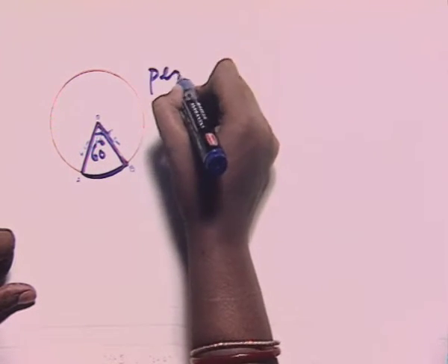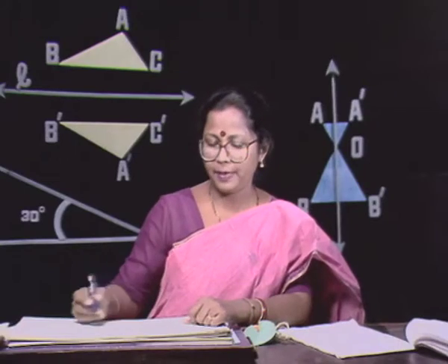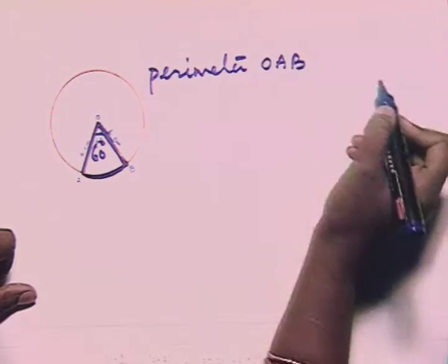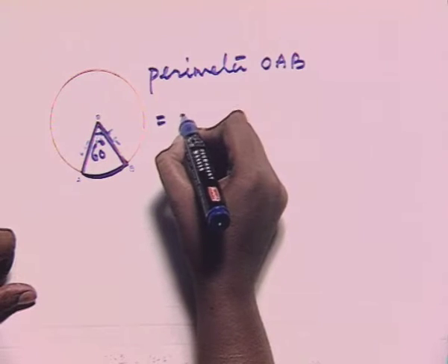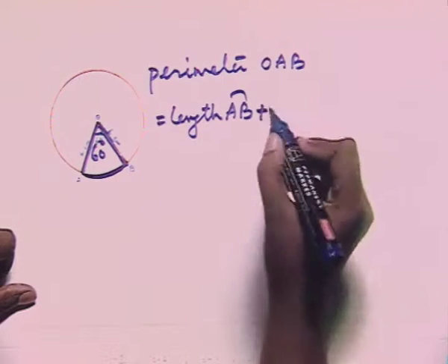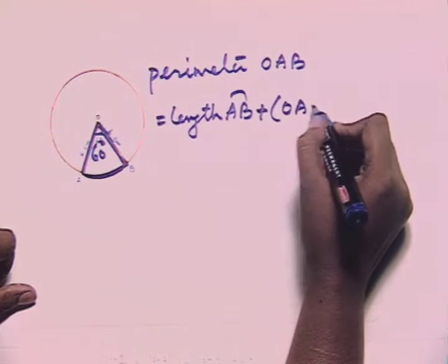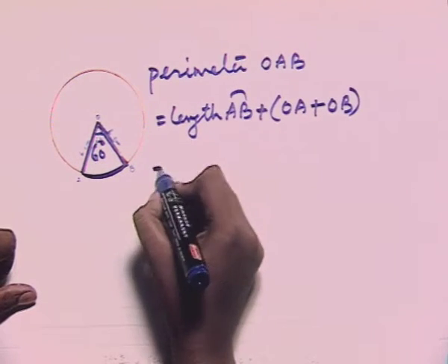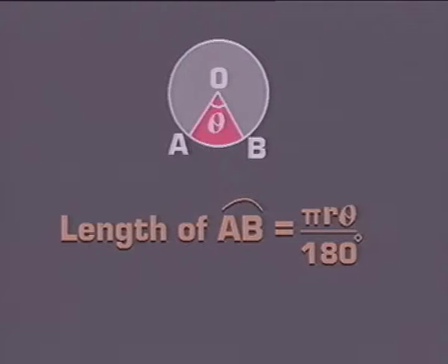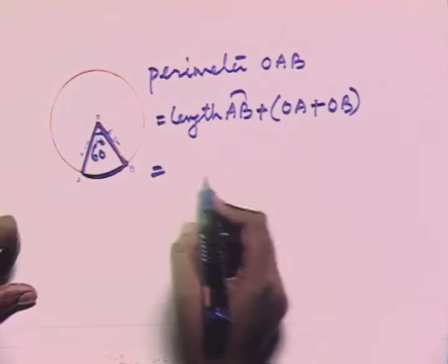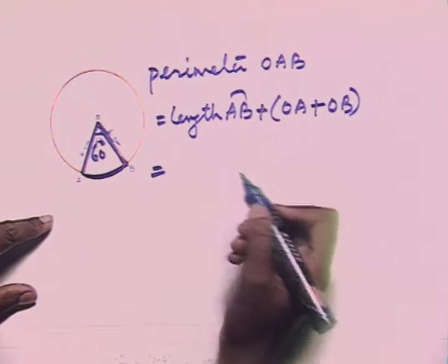Therefore, we can write perimeter of the sector OAB is equal to length of the arc AB plus the length of the radii OA and OB. Now, we know how to find out length of an arc, which is making an angle of theta at the center. Now, in this particular case, this sector is making an angle of 60 degree at the center. So, the length of the arc AB will be equal to